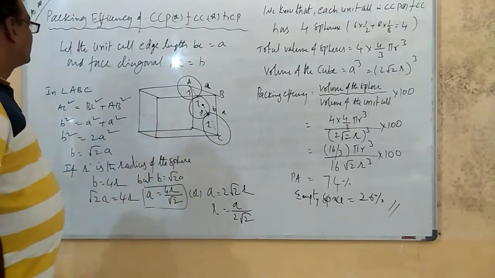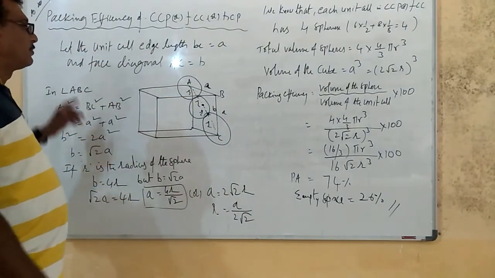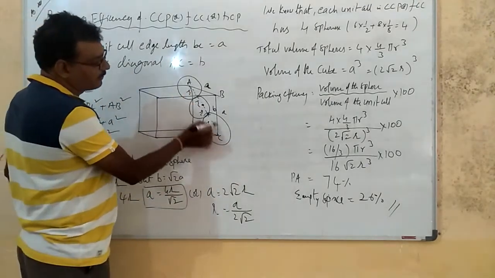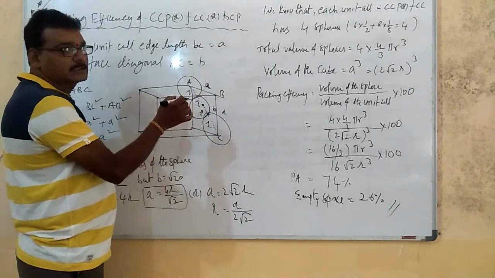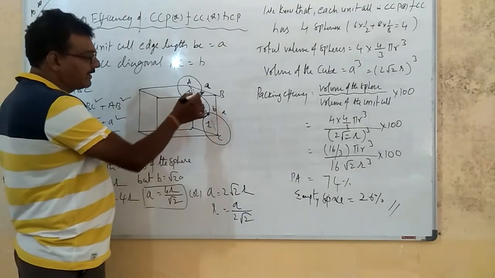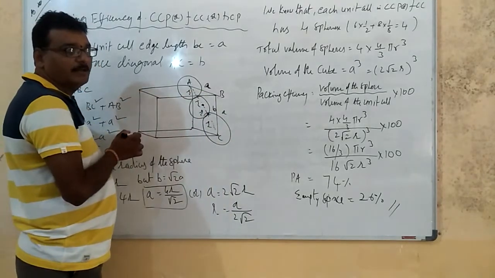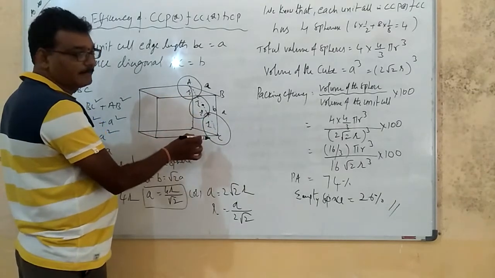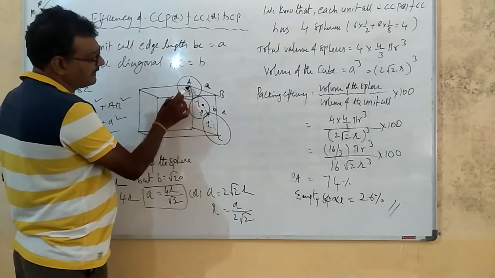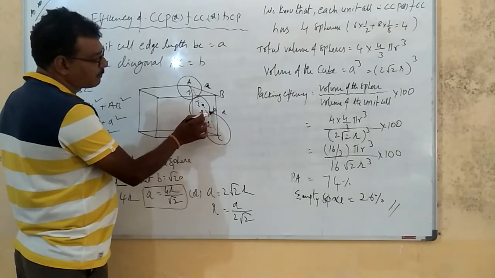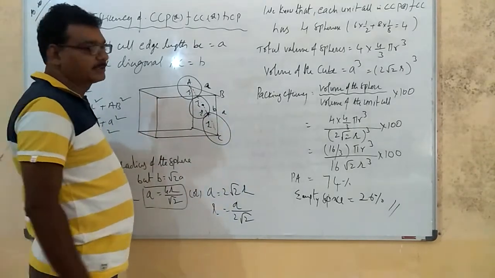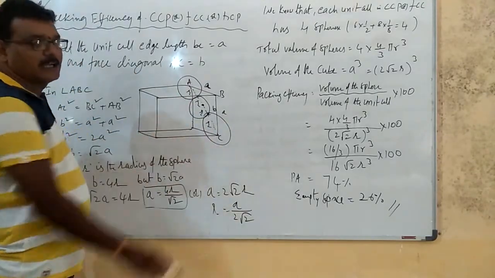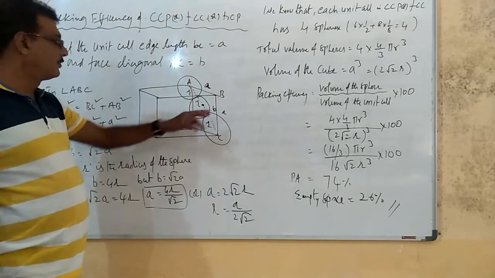Now the AC edge length b, BC edge length A, AB edge length A. That's why at the unit cell, edge length b is the face diagonal. This is called a face diagonal. Yesterday, last class, was the body diagonal. Body diagonal means the diagram is different from the face centered. This is known as face centered. If face centered, then AC is equal to small b there. So therefore AC is the face diagonal and AC is equal to b.